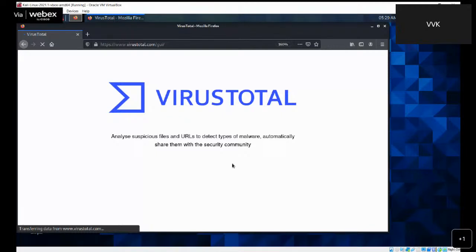Or if you suspect some website to be fake, you can also upload that URL here. Or for a particular file, if you know its ID or digest, you can also upload that digest instead of uploading the whole file, because uploading the whole file